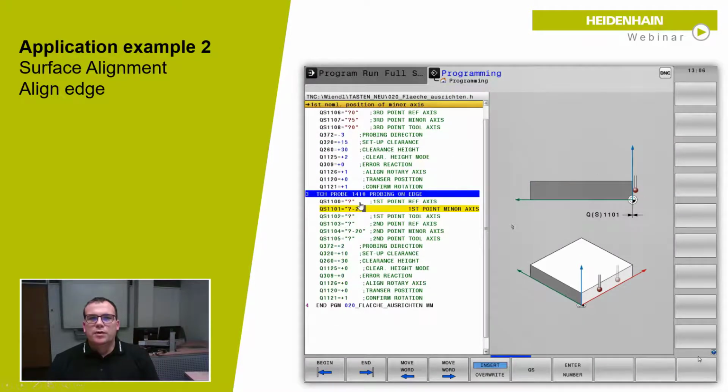In the 1410 cycle, we see now also a possibility. When we use the question mark, we only need to input a value in the probing direction. So you see the probing direction, the Q372 is +2, so the probing direction is Y+. So we only need to input a value in the minor axis, first point and second point, that the control